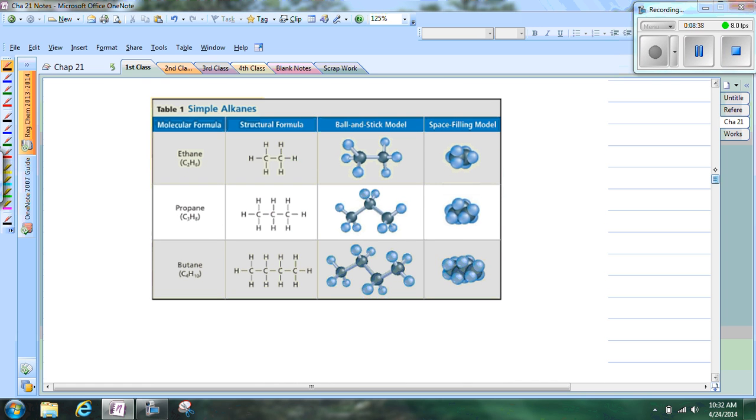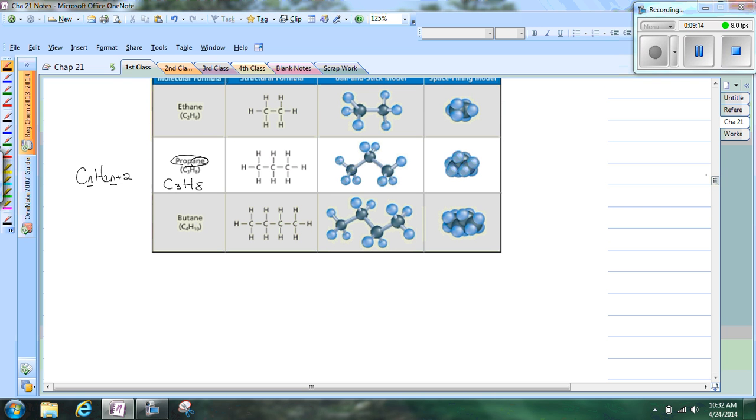And here we see in the chart propane. Propane, with the prefix prop, means there's 3 carbons. Ane means it's an alkane. So the formula is CnH2n+2. So if you have 3 carbons, then 2 times 3 is 6 plus 2, you have 8 hydrogens. We draw a single branch chain of carbons and then just connect them with dashes, which would be